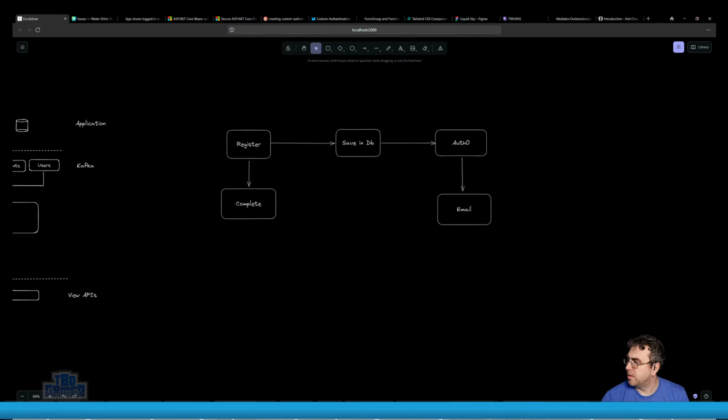Verify email. Okay, so it gives me a ticket to click, which I verify. That lets me log in, and then